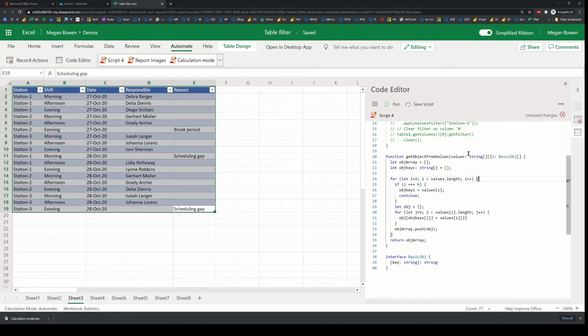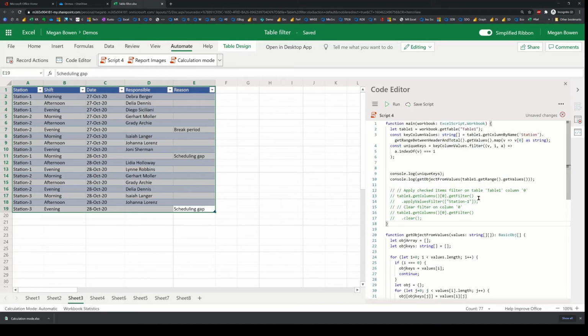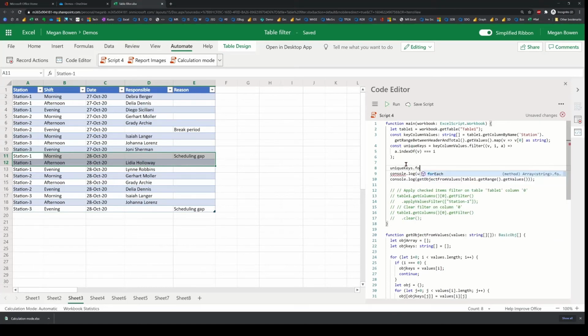Okay, so now that I have the basics for converting an array of data values into an object, I now need to apply the filter in a way so that I can collect, for instance, only the rows pertaining to, say, station 1, and then convert those rows into an array of objects, and then do the same thing for each of the unique values. I already have the unique values, so next, for each of the unique values,